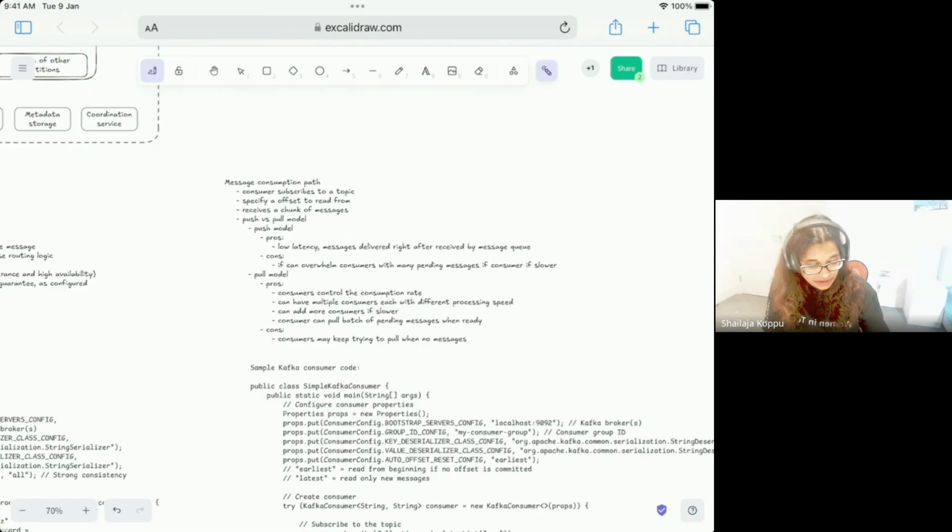Those are scenarios we have to worry about. In the pull model, the consumer knows when it is free to take more messages, then it goes and asks for more messages from the cluster, takes them and processes them. The advantage is it has its own control on how and at what rate it wants to consume. Can have multiple consumers.